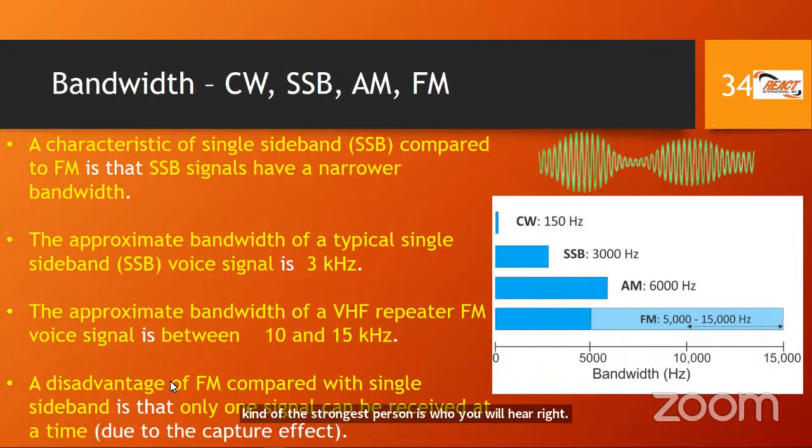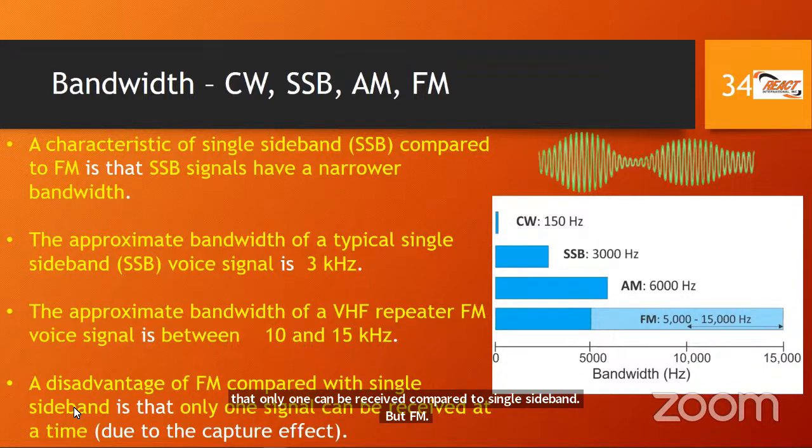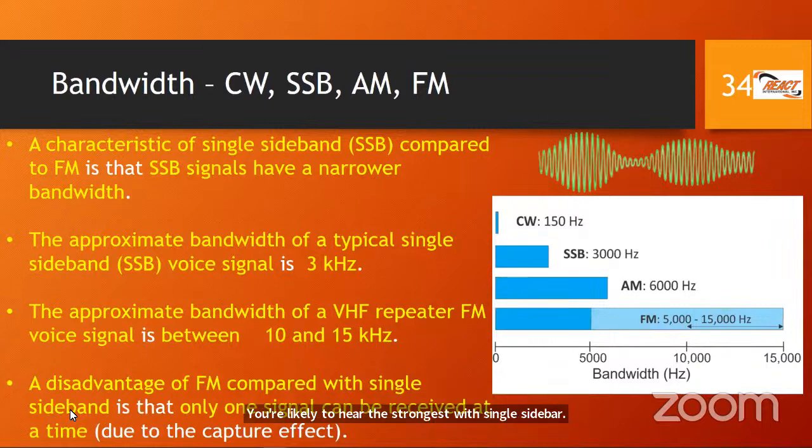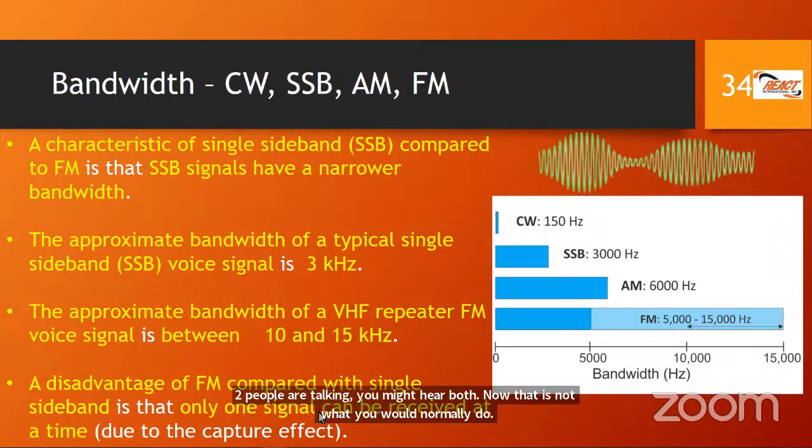And that's actually an exam question, that a disadvantage of FM is that only one can be received compared to single sideband. With FM, you're likely to hear the strongest. With single sideband, if 2 people are talking, you might hear both. Now, that is not what you would normally do, but this could be important in an emergency where you have